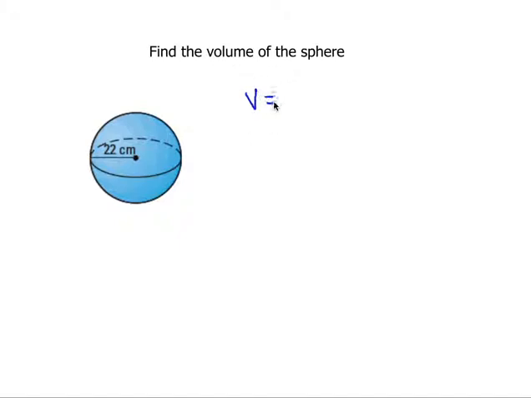So the formula for volume of the sphere is 4/3 pi r cubed, which you can sometimes see like that, but obviously be aware that that's exactly the same thing as having 4 pi r cubed all divided by 3 written like that too. So all we need to do is substitute in the values, and we're going to get